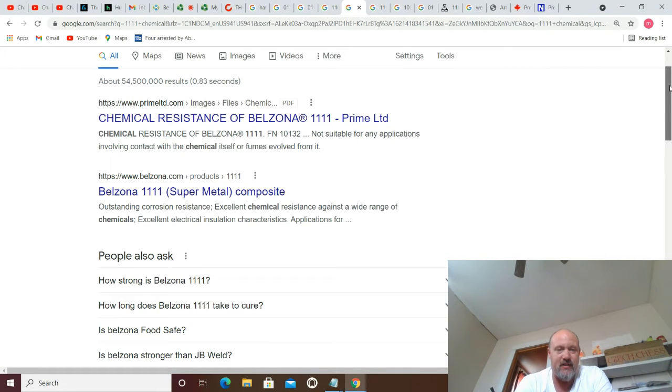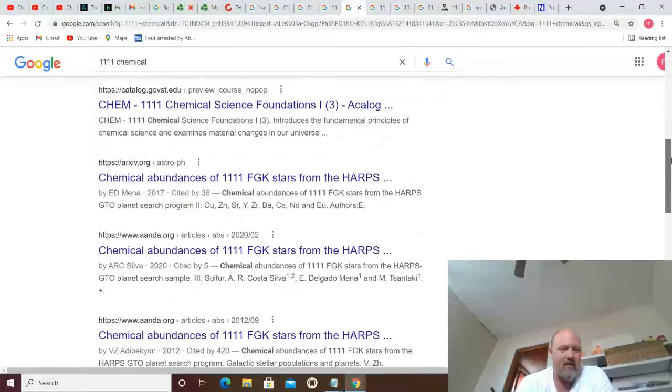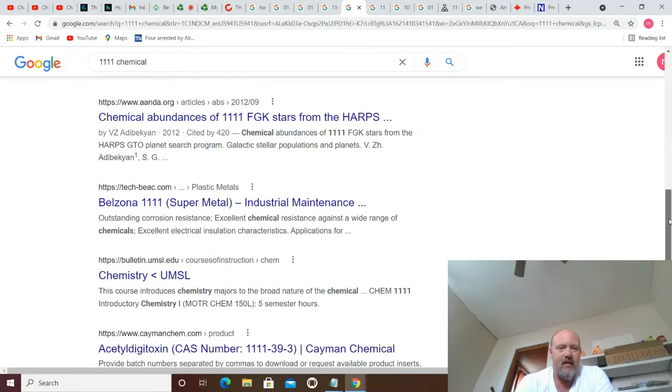Outstanding corrosion resistance, excellent chemical resistance against a wide range of chemicals. So Belzona, it's a super metal composite. Chemical abundances of 1111 FGK stars from HARPS. There's your 1111. There it is again. You got Belzona, super metal,